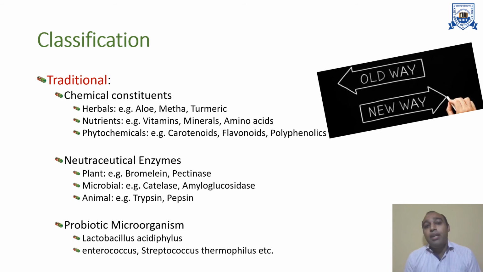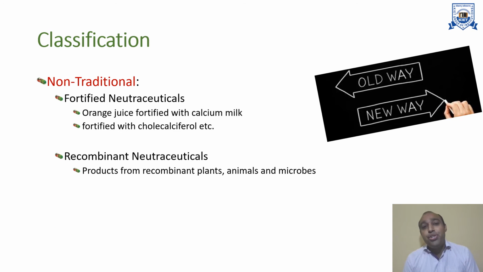In nutraceutical enzymes, we can again categorize into three parts: from plants, microbes, and animals. From plants, pectinase, bromelain; from microbes, catalase, amyloglucosidase; and from animals, trypsin, pepsin. In probiotic microorganisms, we have Lactobacillus acidophilus, Enterococcus, Streptococcus, and similar microorganisms. Now, if we see the non-traditional type of nutraceutical, that could be fortified nutraceuticals, like orange juice fortified with calcium